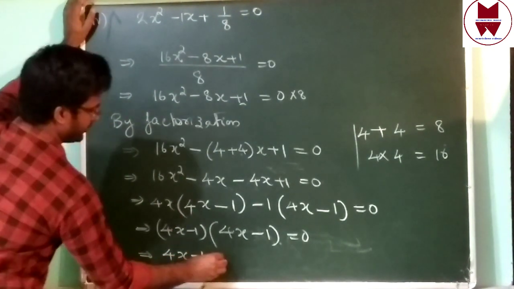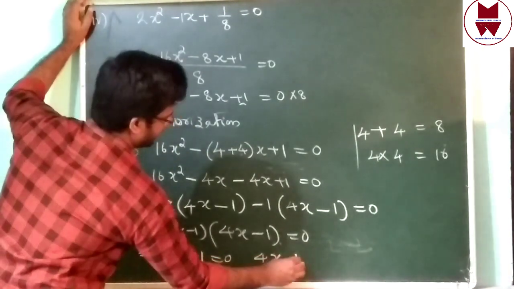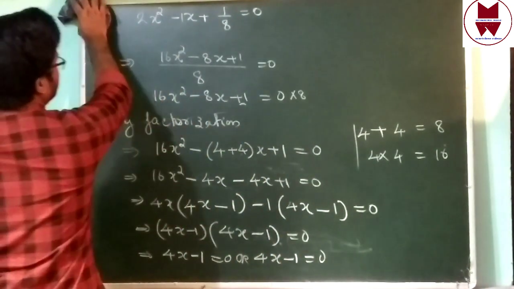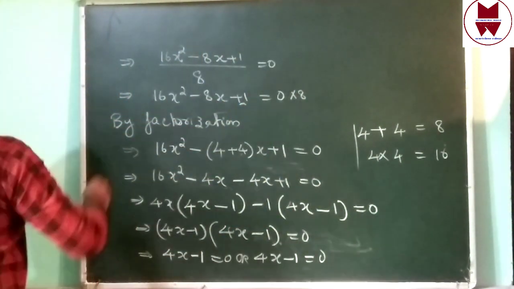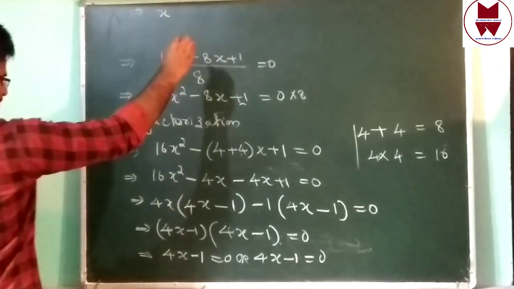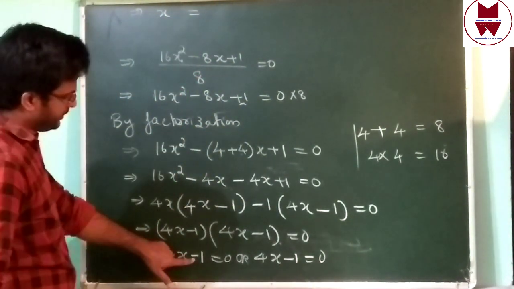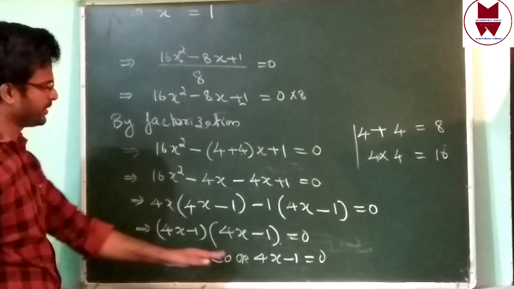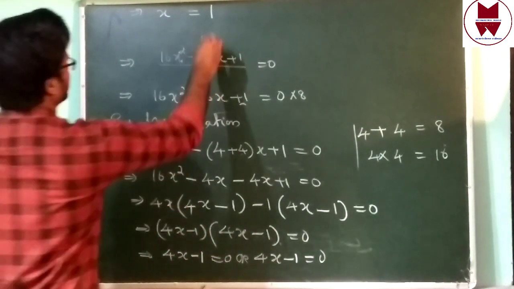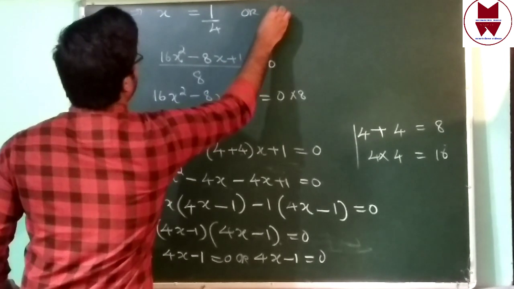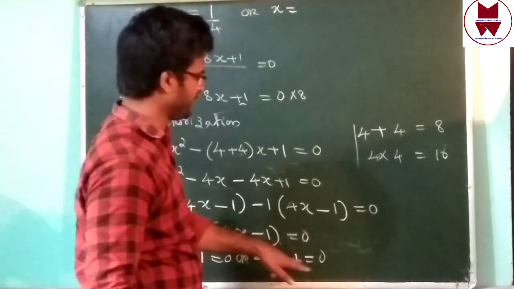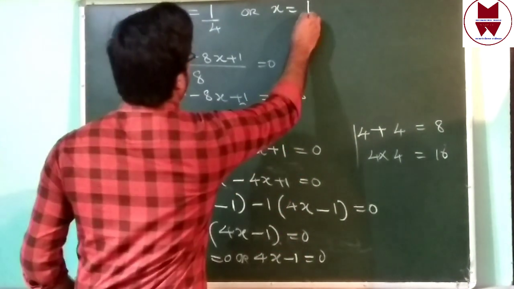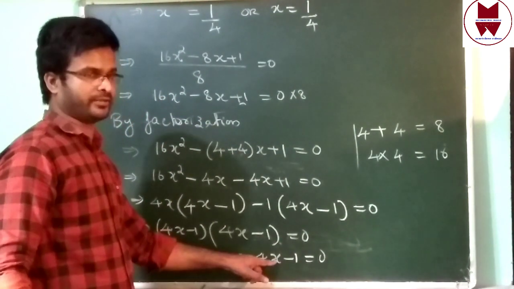4x minus 1 equal to 0. 4x minus 1 equal to 0. x equal to this minus 1 bring to right side, that will be plus 1, isn't it? This 4 also bring to right side. 4 into x, multiplication change into division. Second part, x equal to first 1 bring to right side, minus 1 become plus 1. Then this 4 bring to right side, that will be divided by 4, because 4 into x, multiplication change to division.